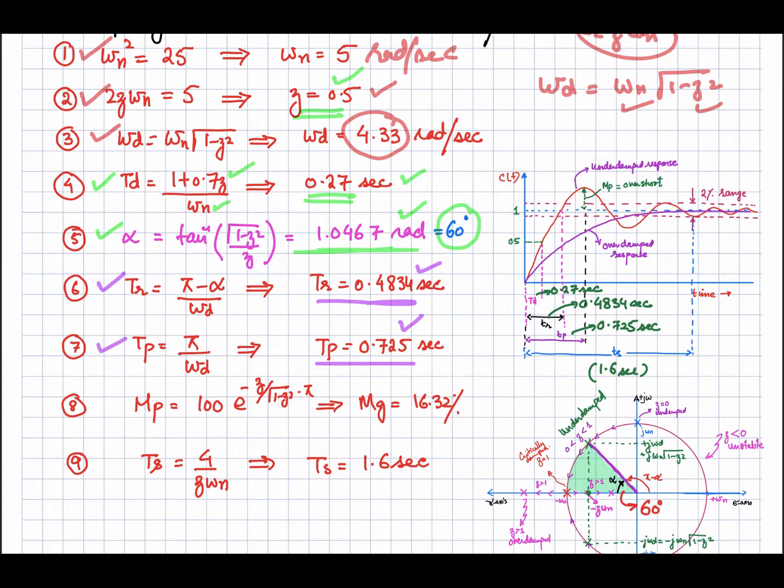I can calculate the overshoot. So overshoot is given by this equation. Just using the value of zeta over here, I can find out that the Mp is equal to 0.1632, or in terms of percentage it will be 16.32. And then I can find out the settling time, that is 4 by zeta omega n, so that is equal to 1.6 second. This is the 2% criteria, right? So according to the 2% criteria, 4 should be considered over here. So we have calculated all the time domain specifications.